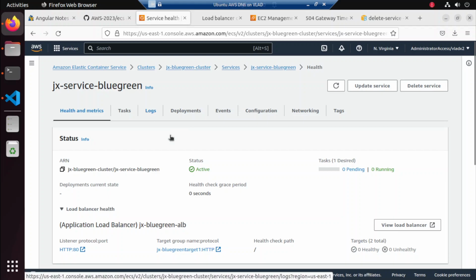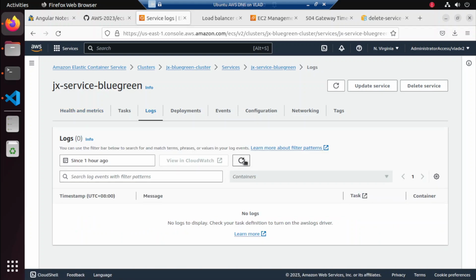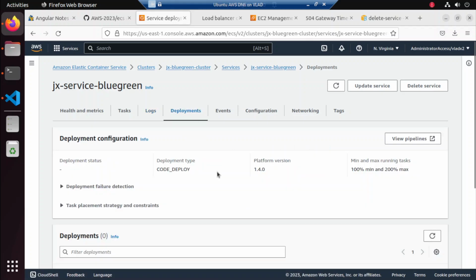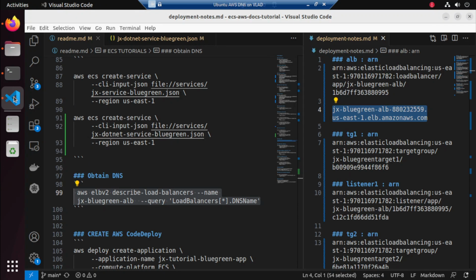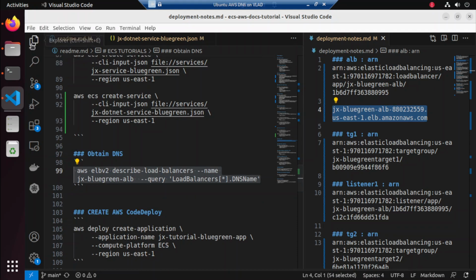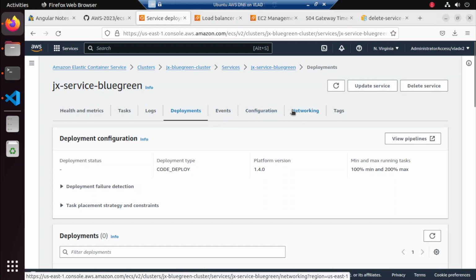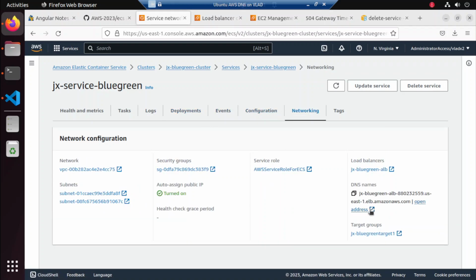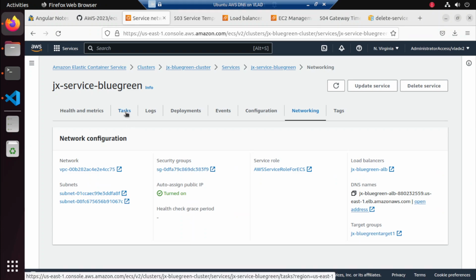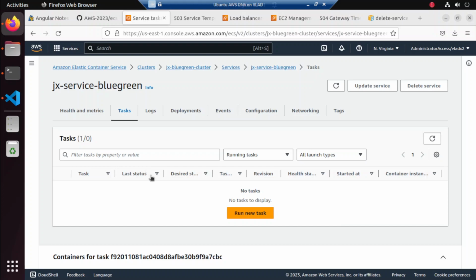What is the issue? We don't have logs. We don't have a deployment yet. Networking. We have an address. Service temporarily unavailable. So we have an issue, and yeah, that's it. Let's just maybe switch